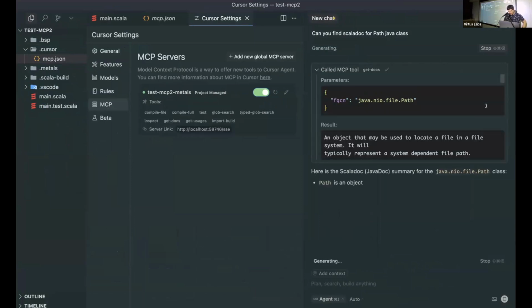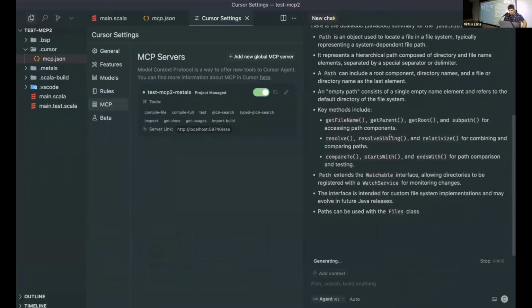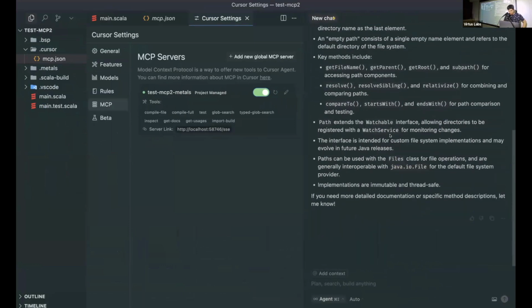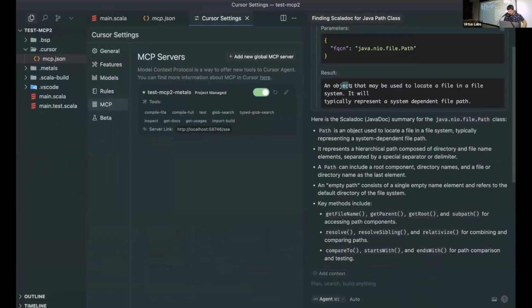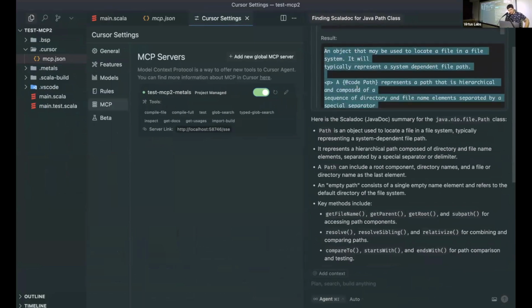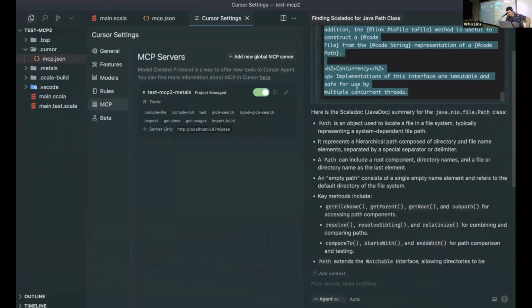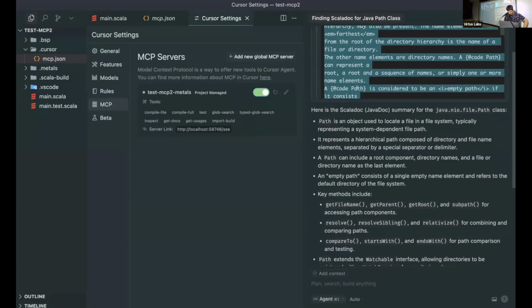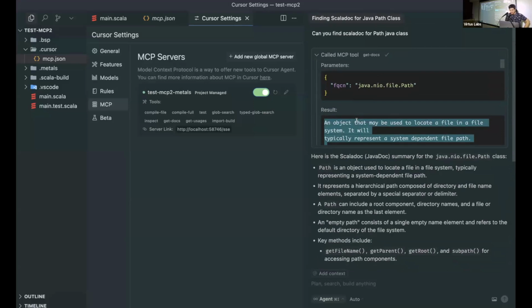And that's the docs it gets. I think that's just it. We might have another bug, but oh no, there's more. Okay. I thought there was less information, but yeah. So it got the results for Path.